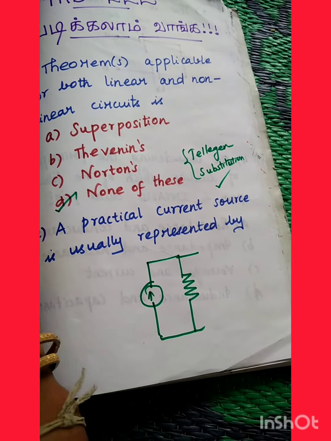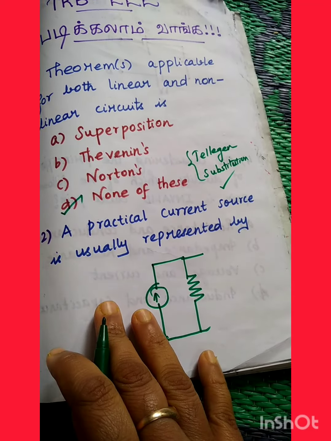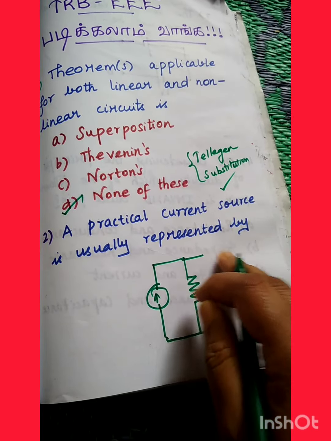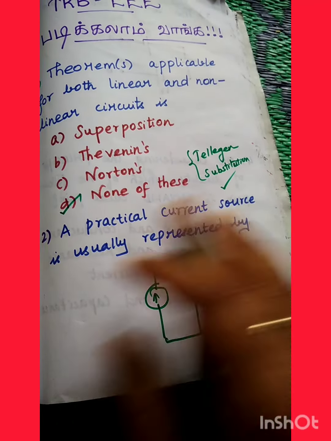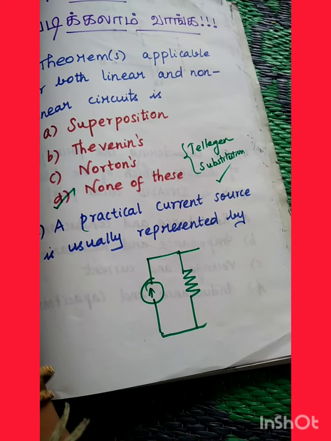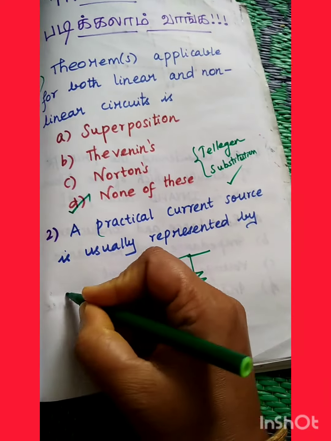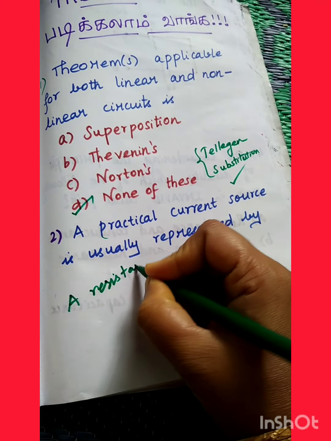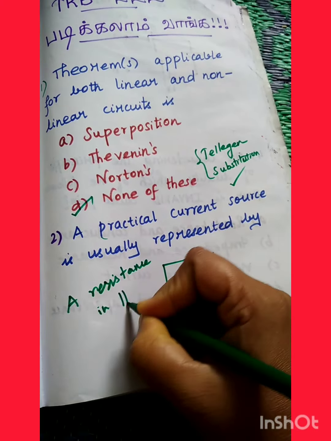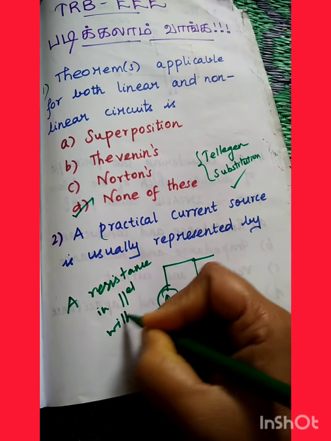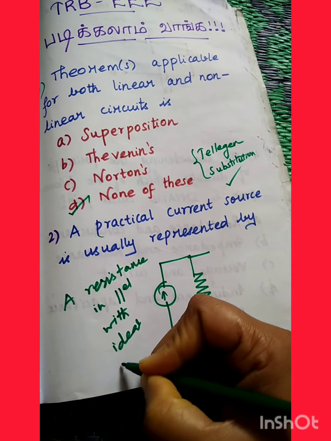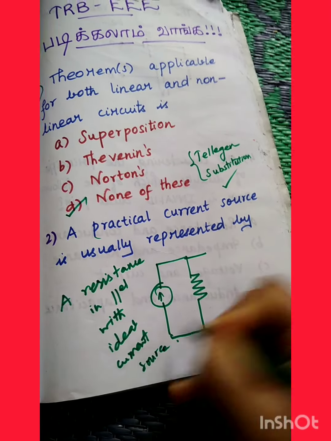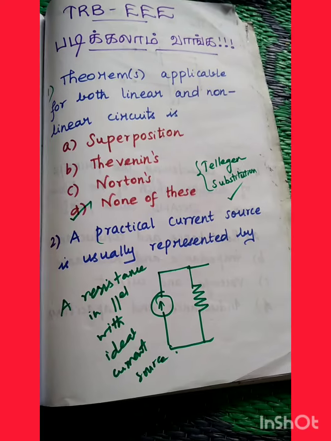When you take the case of a practical voltage source, it consists of an ideal voltage source in series with an internal resistance. Am I right? So a practical current source means we can take the option as a resistance in parallel with an ideal current source. So please have this concept. Okay. And the third question